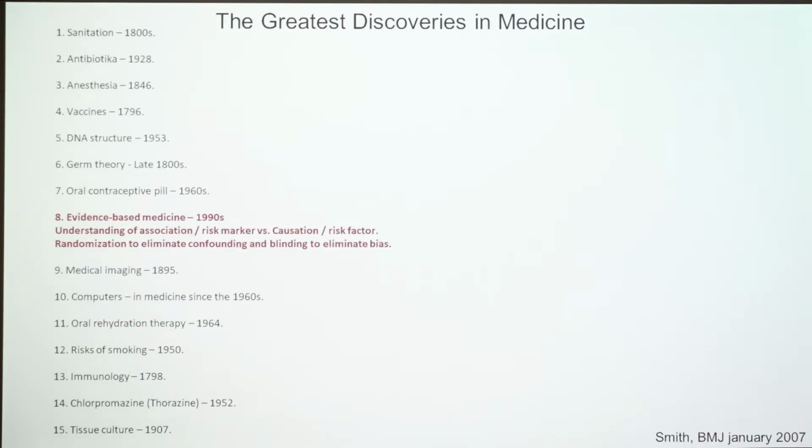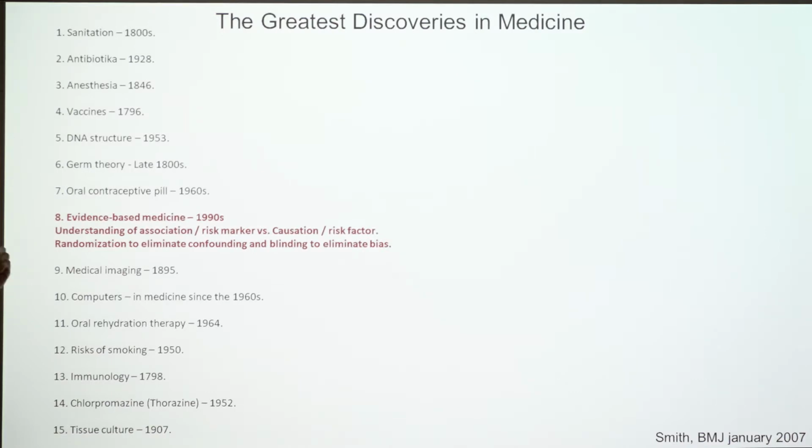Antibiotics, great. Top 5, I would say. Maybe top 2. What else? Vaccines, terrific, great. Vaccines and antibiotics. I wonder if I recall correctly, I think they are number 1 and 2. No, sanitation is number 1, because this has made tremendous changes or improvements in life in primarily the developing world, with the hygiene hypothesis that germs spread, etc., and cause disease. Antibiotics, number 2. Anesthesia, vaccines, DNA. And number 8, evidence-based medicine.